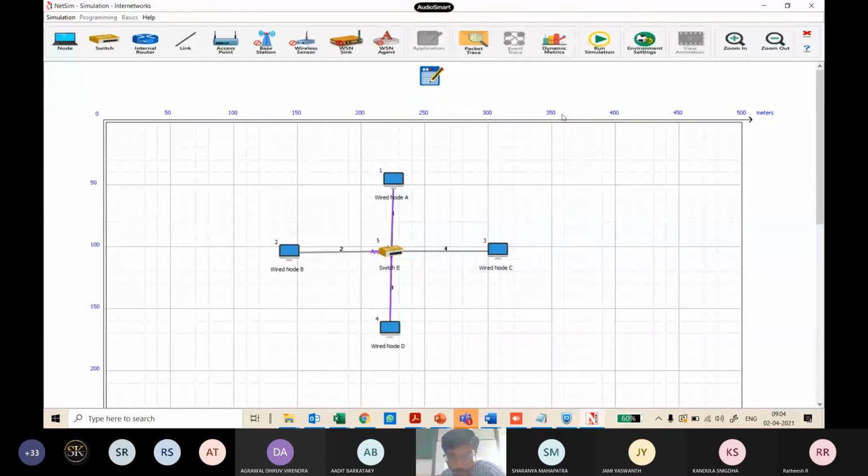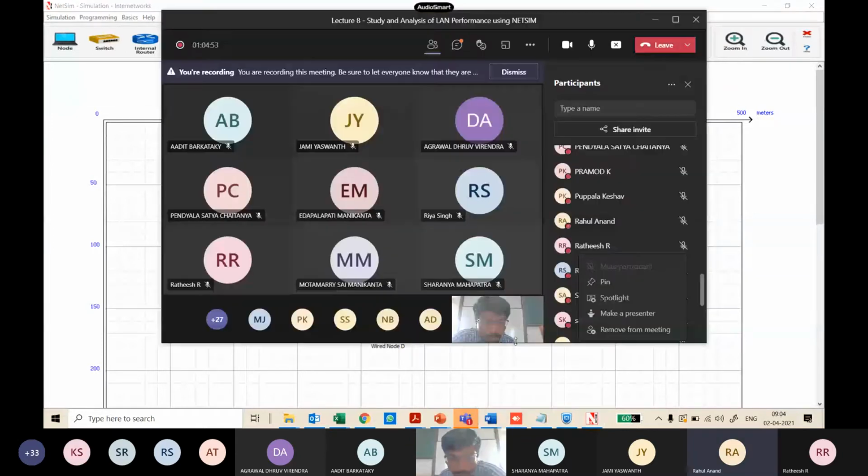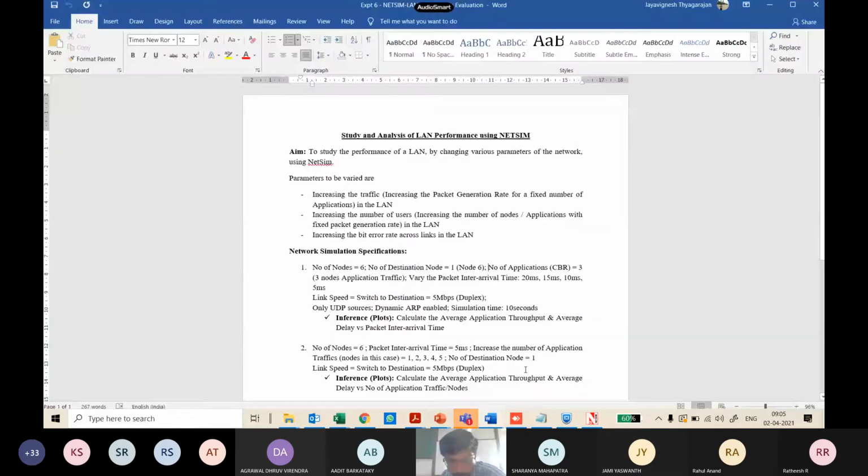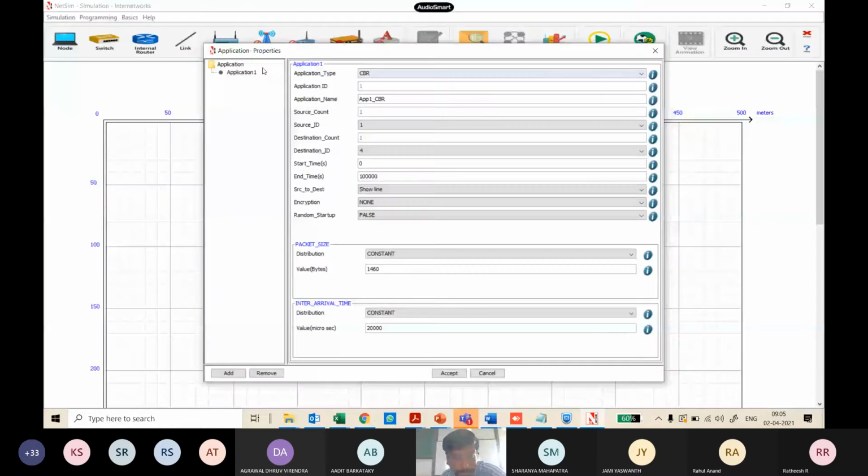Excuse me, how many applications do we have to add? You have to add 3 applications, from 3 nodes generating traffic. So the number of applications is going to be 3. I have only done it for 1; I just had 1 application by default. I want you to go and add 2 more, and make it such that node 2 is generating to 4 and node 3 is generating to the destination. In your case, it's all generating to 6.